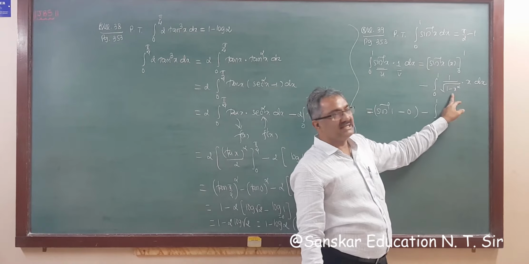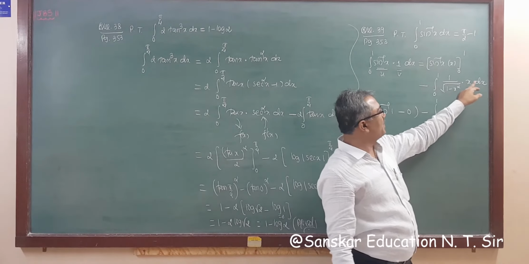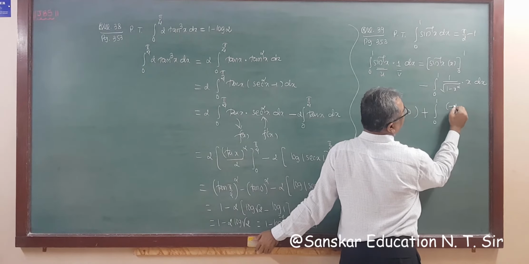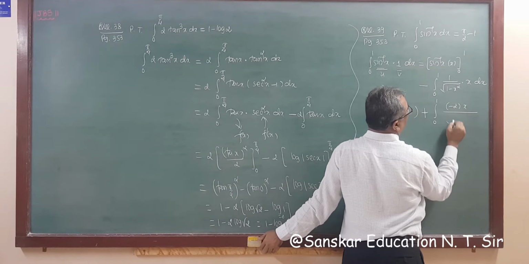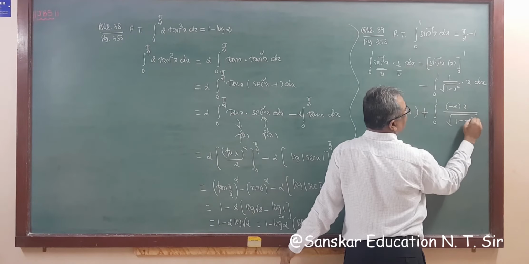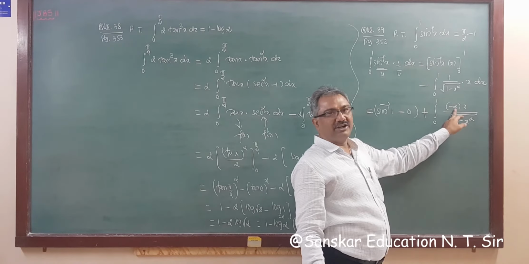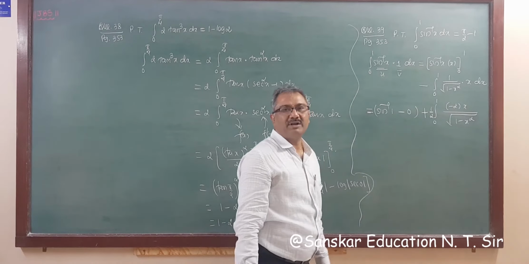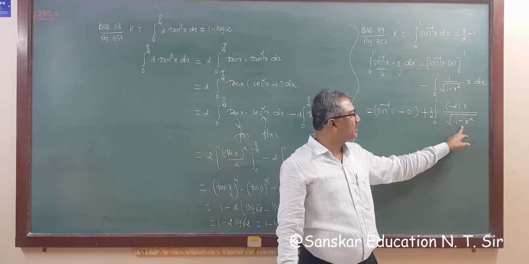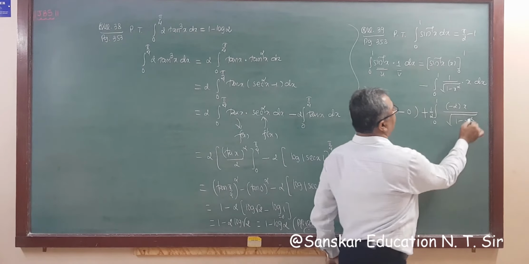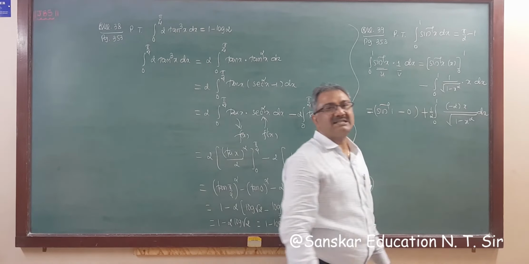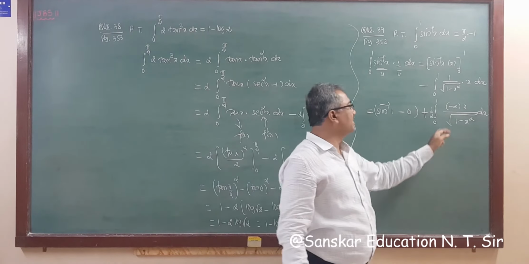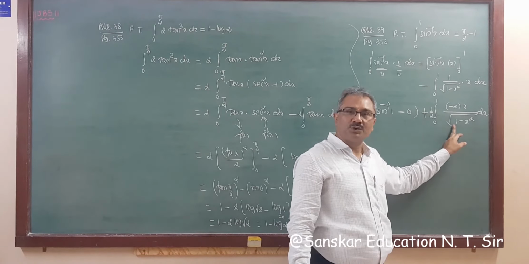Now derivative of this is minus 2x, but this is plus, so I am taking this as a plus, and this is minus 2x whole upon under root 1 minus x square. Since I multiplied by 2, I must divide by 2, so divide and multiply by 2. Now derivative of the denominator is in the numerator. If the derivative of the denominator is in the numerator, then the answer will be log mod. But if the denominator is in root, then the answer is 2 root of x.